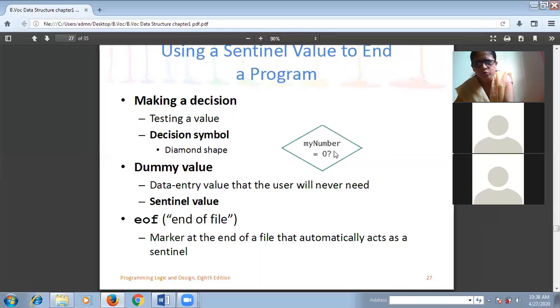That means we can put some condition over here. If it is true, one part will get executed. If it is false, some other part will get executed. This is called a decision symbol which is used in a flowchart. So now we will see what is a sentinel value in terms of it. Sentinel value is a particular value. If that value occurs within the code, at that time the system can determine automatically that this is the exit for the program. That means the program should be able to terminate. That is called the sentinel value.